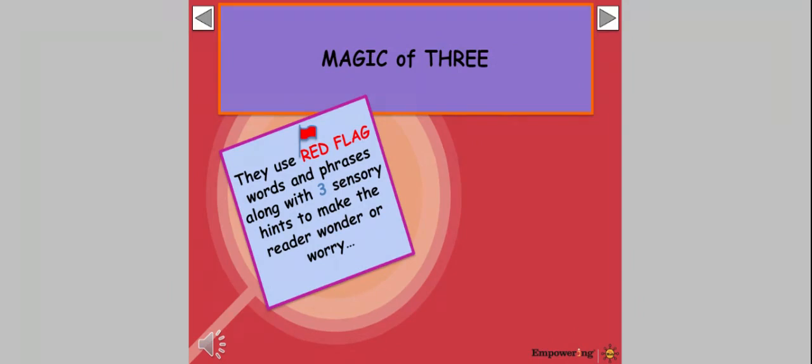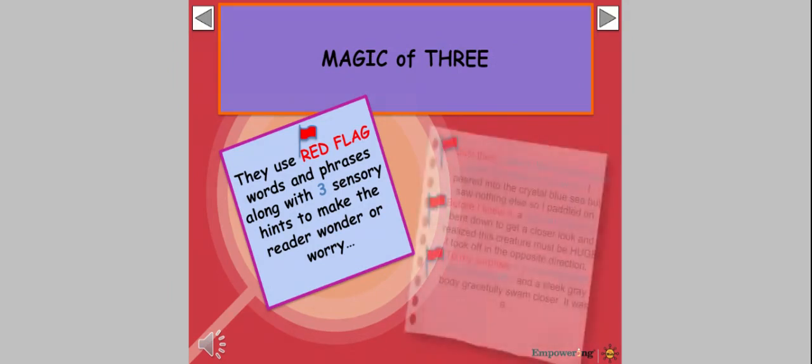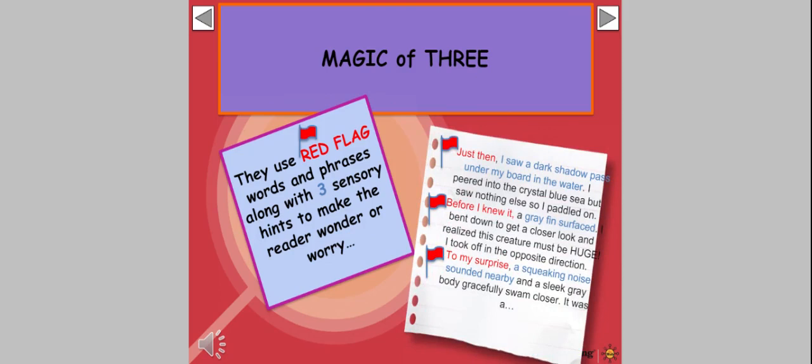Here's an example using red flag words and some sensory hints. Just then, I saw a dark shadow pass under my board in the water. I peered into the crystal blue sea, but I saw nothing else, so I paddled on. Before I knew it, a gray fin surfaced. I bent down to get a closer look and realized this creature must be huge. I took off in the opposite direction. To my surprise, a squeaking noise sounded nearby, and a sleek gray body gracefully swam closer. It was